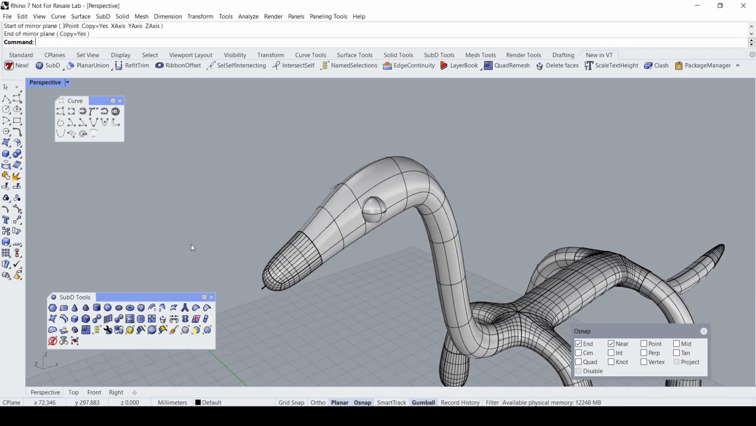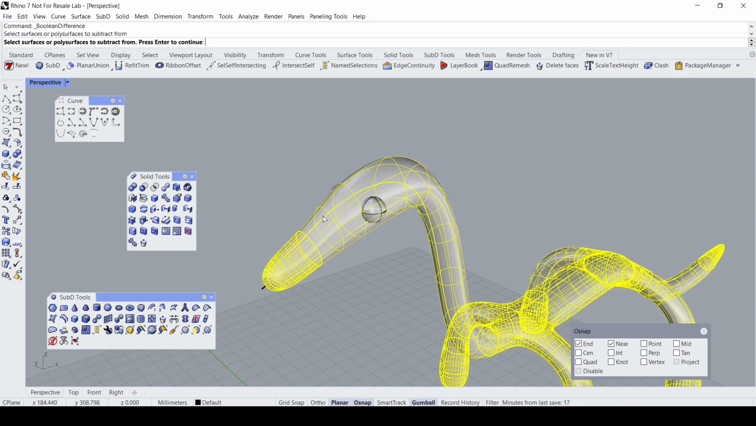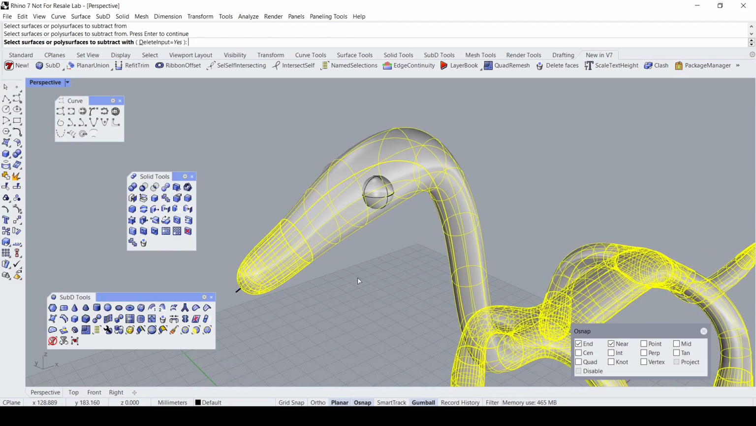Okay, let's use Boolean difference now. Boolean difference. Select polysurface to subtract from is this. Enter. Polysurface to subtract